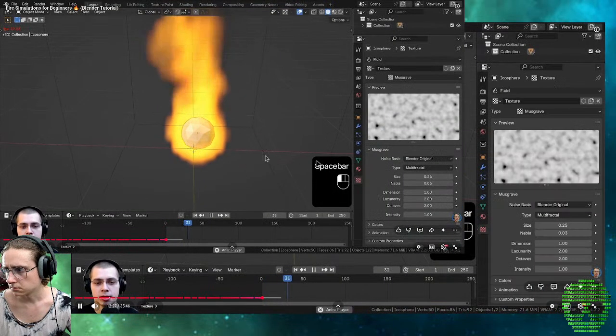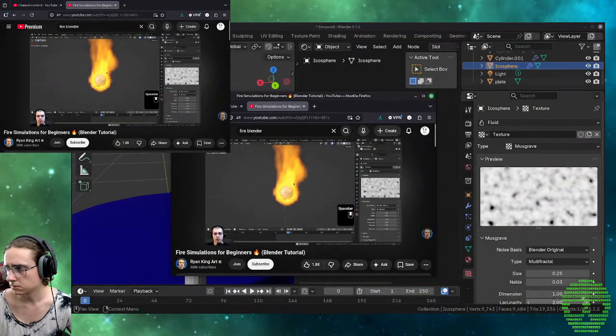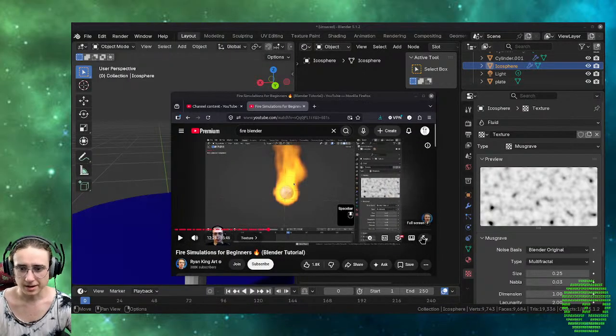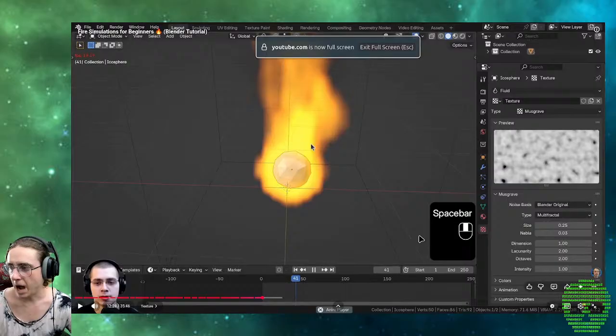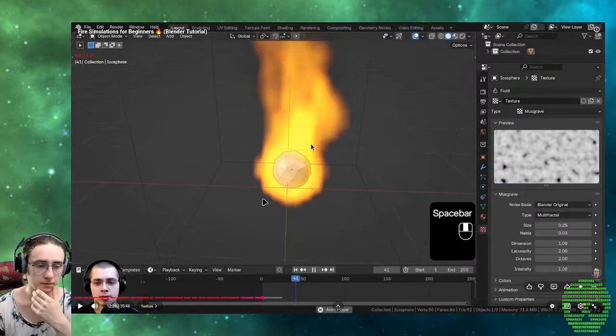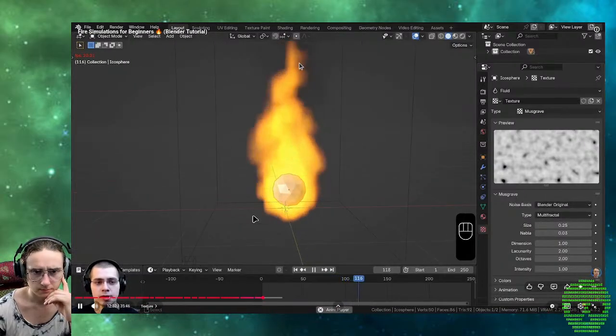So if I play the simulation, let's go back to the fire settings. You can see because I've added this Musgrave texture, the fire